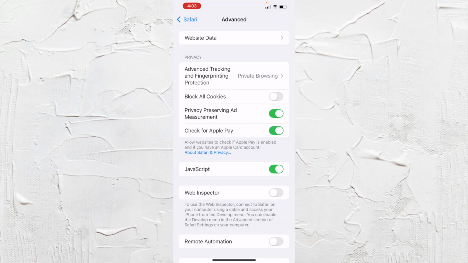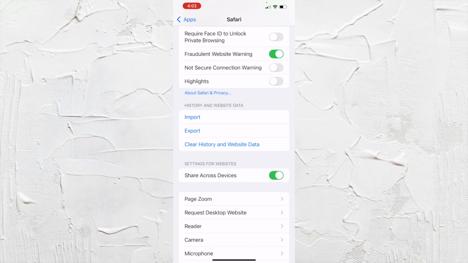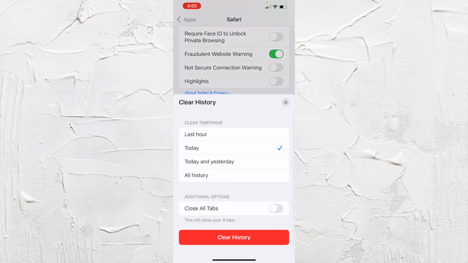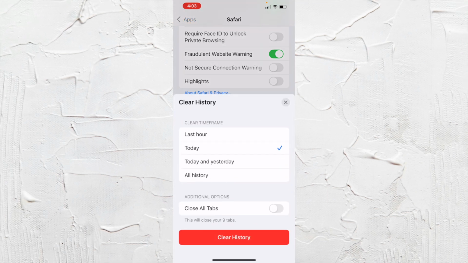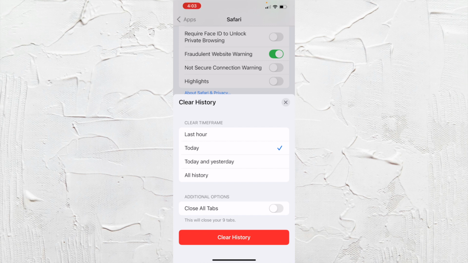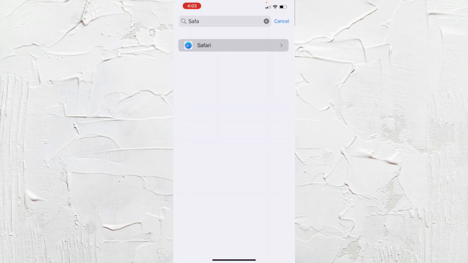You can even back out of here and then go where it says history and website data and do it from here as well, where it says clear history and website data. And this gives you more of a specific time if you want, like an hour or the day or just all history. It's up to you. And that is how you would go about